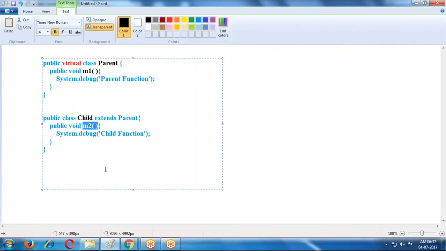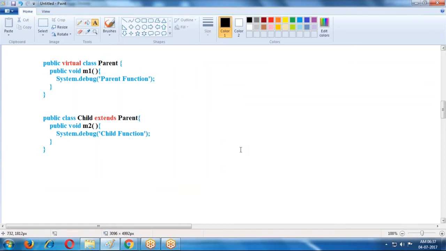Function name M2 is the function name. Now, here we are using the extends keyword. Which class are we extending? The parent class. So, extends parent class. It is just like we designed for first floor and second floor.